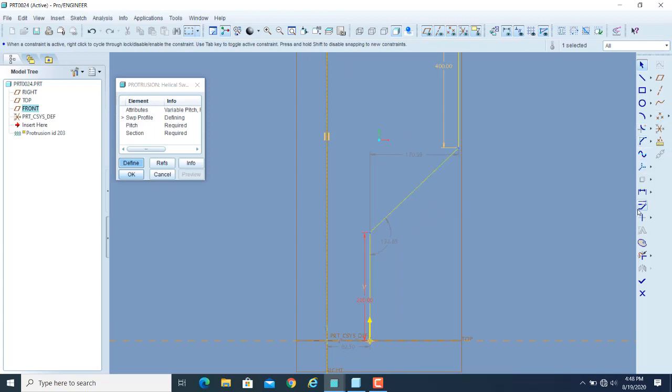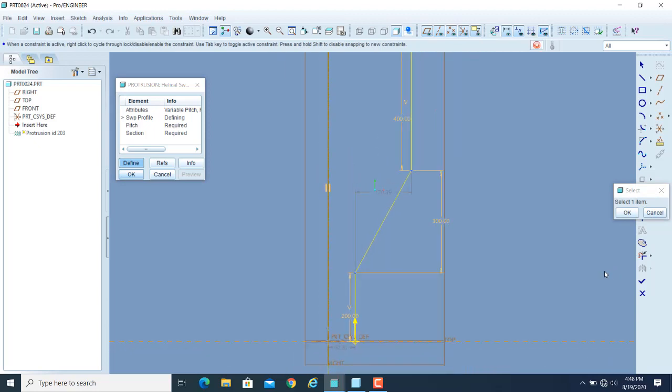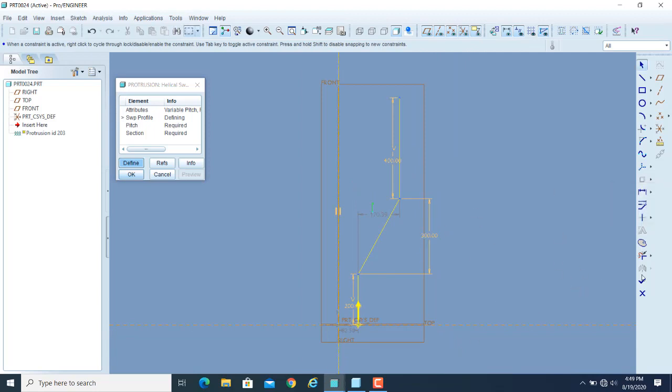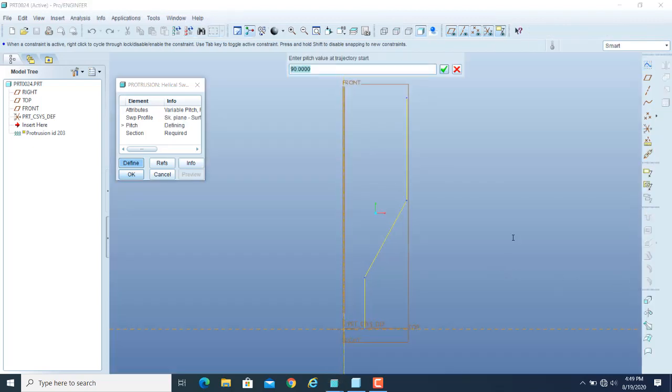And of course, I can dimension these 2 points by giving the vertical distance and let it be 300 units. So this will be my desired shape for the profile. I have defined the axis also, so I will click on the axis button, and then it will ask you